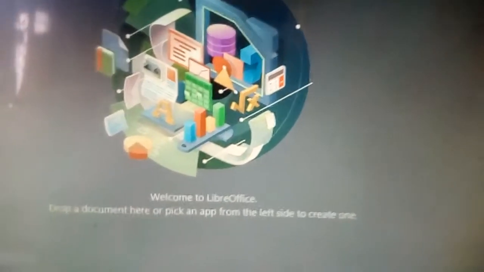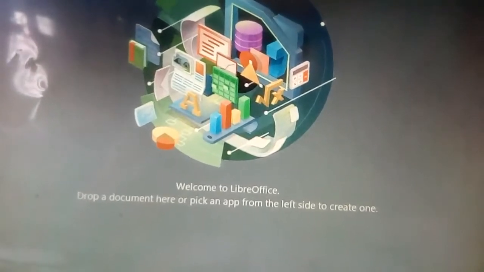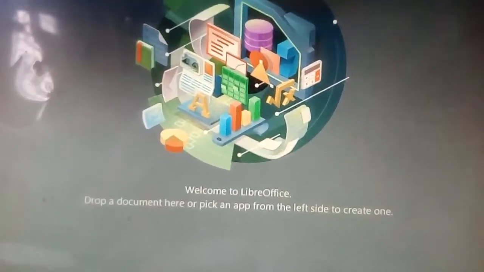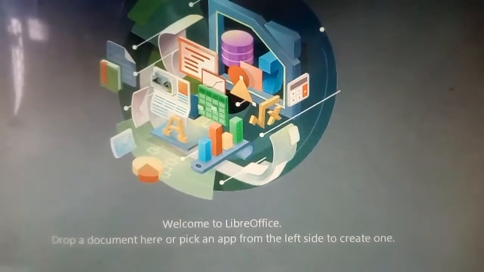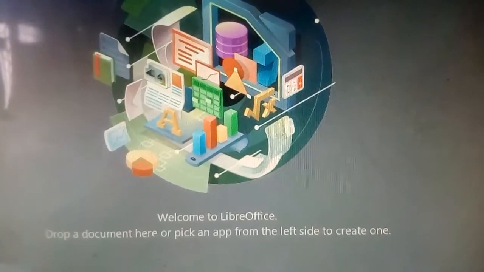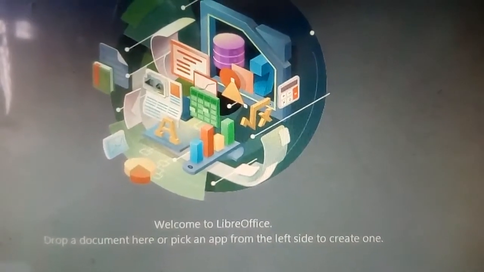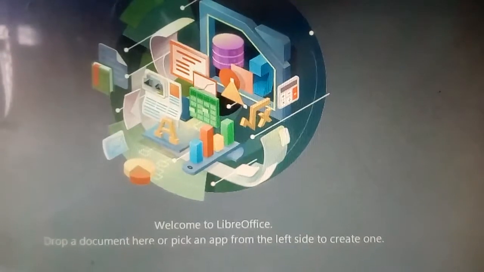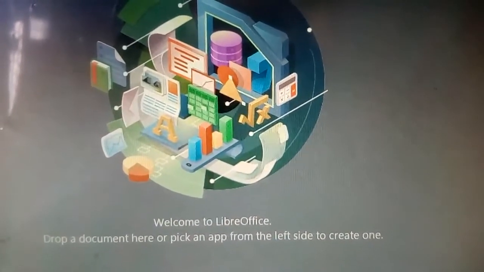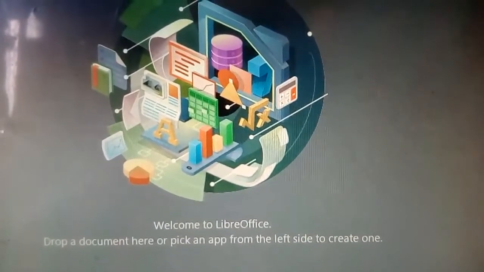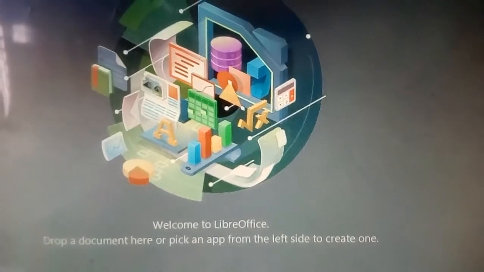LibreOffice means what? First, it is a free and open source software that has all the features of an office productivity suite. This one you can see, this is LibreOffice. Because this is open source and free software, all of you can install it on your computer. That's why it is called FOSS. FOSS means free and open source software. All of you can download it on your computer, so you can do your work in LibreOffice. So how will you do that?